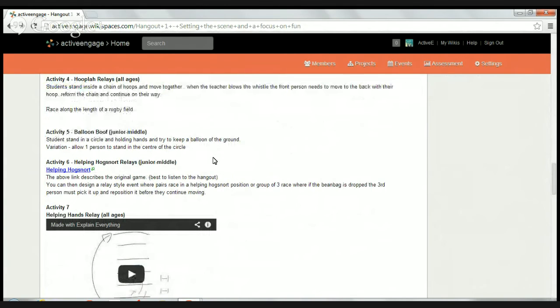Again, it's where people in pairs have to look after a little beanbag, but they're not allowed to hold it. They have to squash it between two arms or their back, and they just move the beanbag around. So they go around a court all over the place, but the beanbag has to be squashed or rested between both people. So if I'm working with a partner, I'm not allowed to hold the beanbag and my partner follows me. I have to find a way for the beanbag to be touching both of us, and that we can